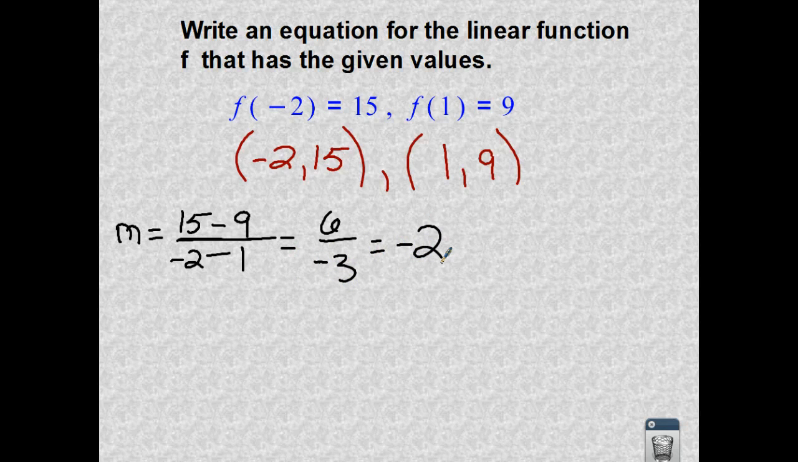And now I need to go find my b. So if m is equal to -2, let's go find out the y-intercept. So steal one of the ordered pairs. You get to pick which one and substitute it into our slope-intercept form. So let's just take this 1, 9. All right, so y is equal to, we have to substitute in. So y, which is 9, is equal to -2 times the x